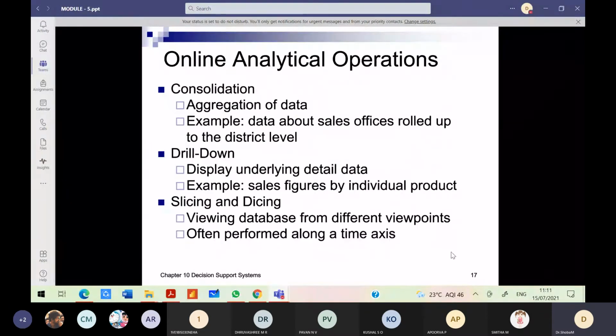We had also seen online analytical processing and its basic operations: consolidation, drill down, and slicing and dicing.